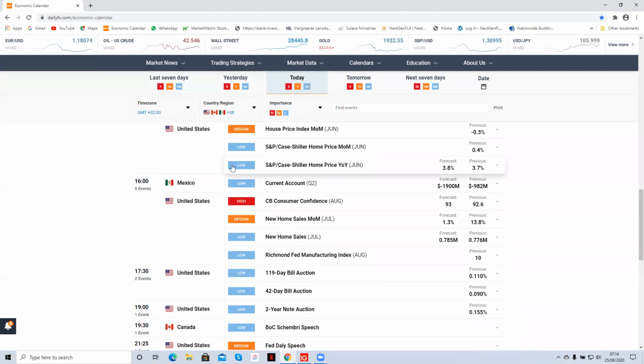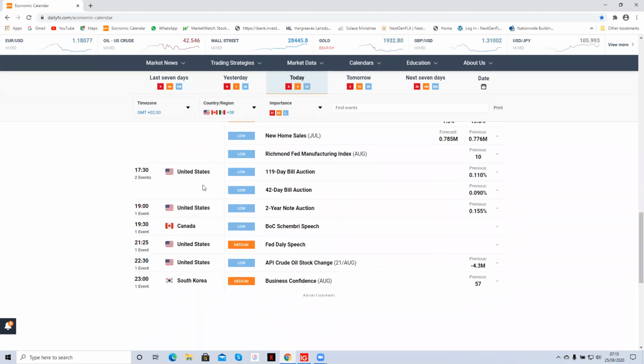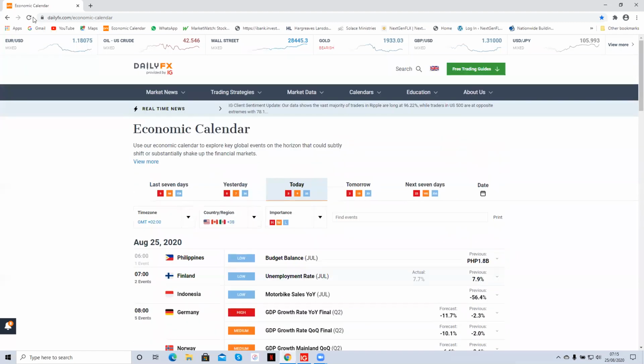Of course, if your pending order hasn't been taken, then there's nothing for you to do. If your pending order has been taken earlier and you're now in a live trade, then you can see what's going on with your live trade. Of course, if you've been taken out from your live trade prior to this report, then this is the time to reassess the market again and place your second attempt at the market around this time. So you can see this economic calendar gives you a quite detailed idea of how you're going to approach your trading day.